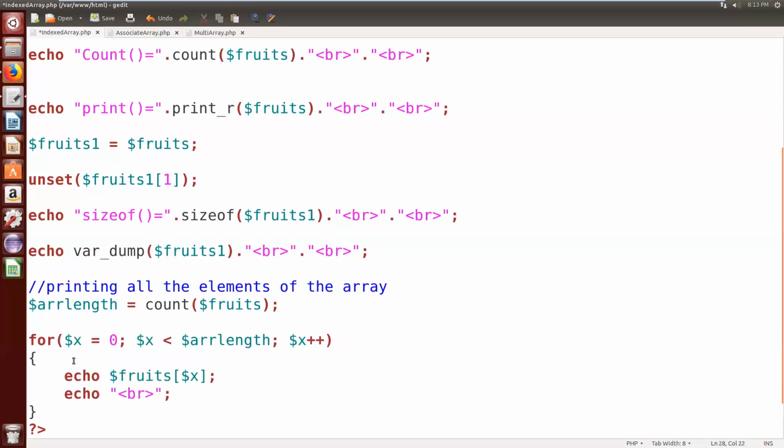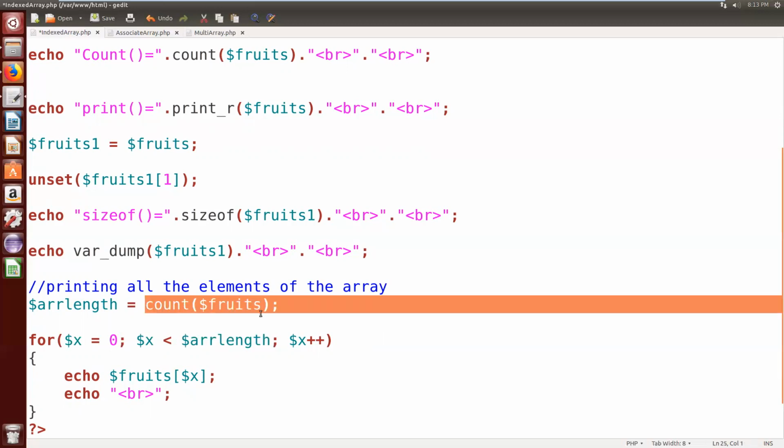For this for loop, $x equal to 0 indicates that I am taking one variable that points to the 0th position of the array, and the loop continues until the x value is less than the array length. For this array length, I am assigning the count value. What is the count of fruits? 4.